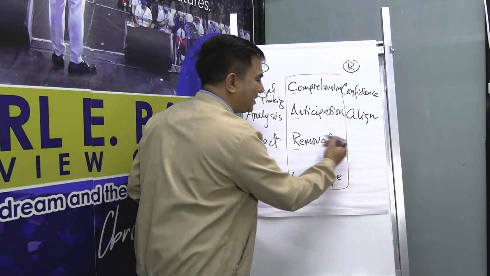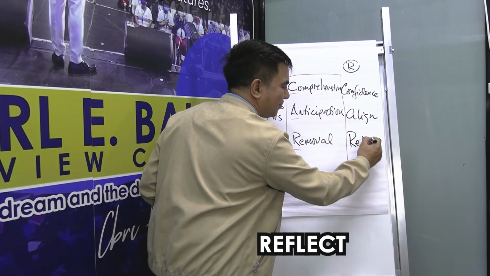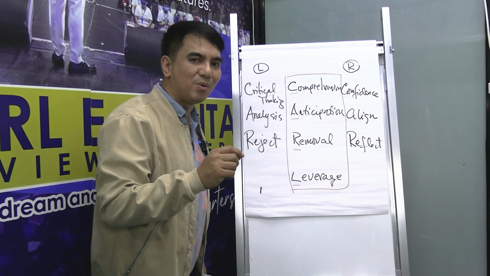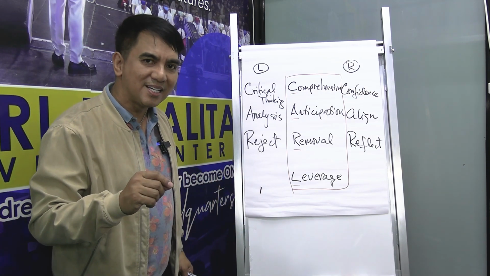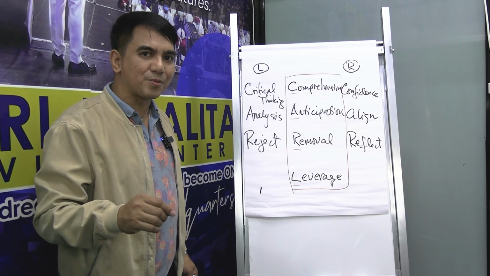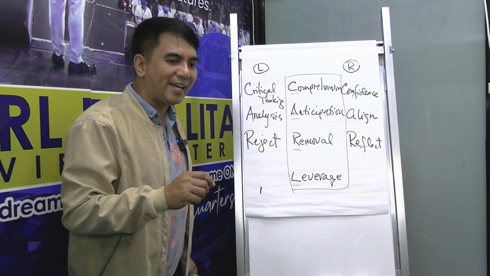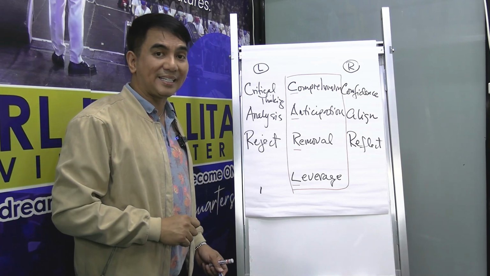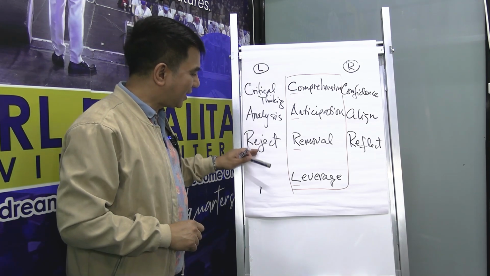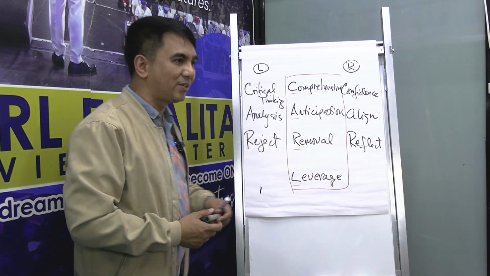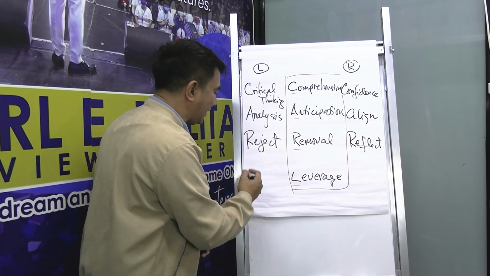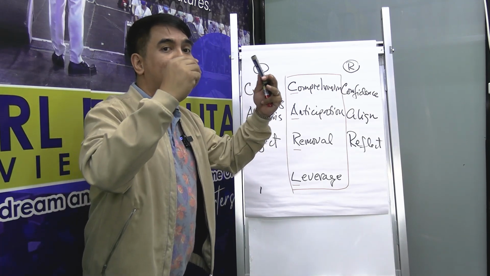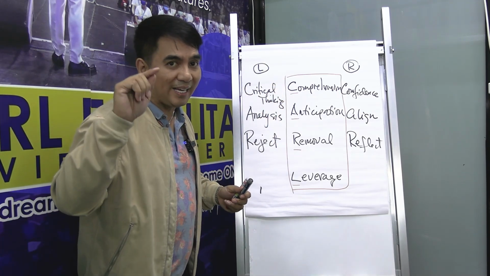This is where, in the removal, you actually need to reflect. You listen to that inner voice telling you, is it really worthwhile eliminating this option? Because if I eliminate it and it's actually the answer, then I lose the item. And when you are down to two after thorough reflection, this is where you go back to the question and see for yourself,